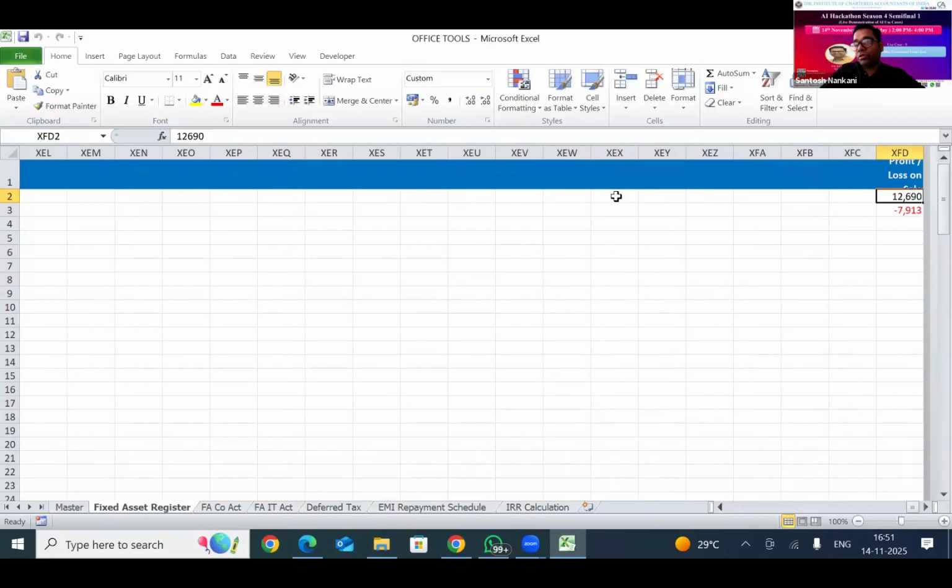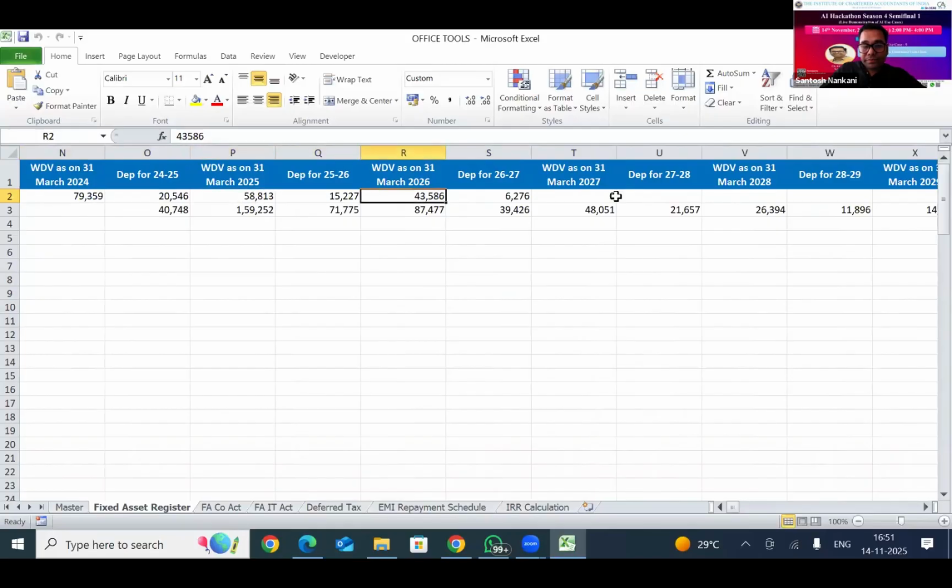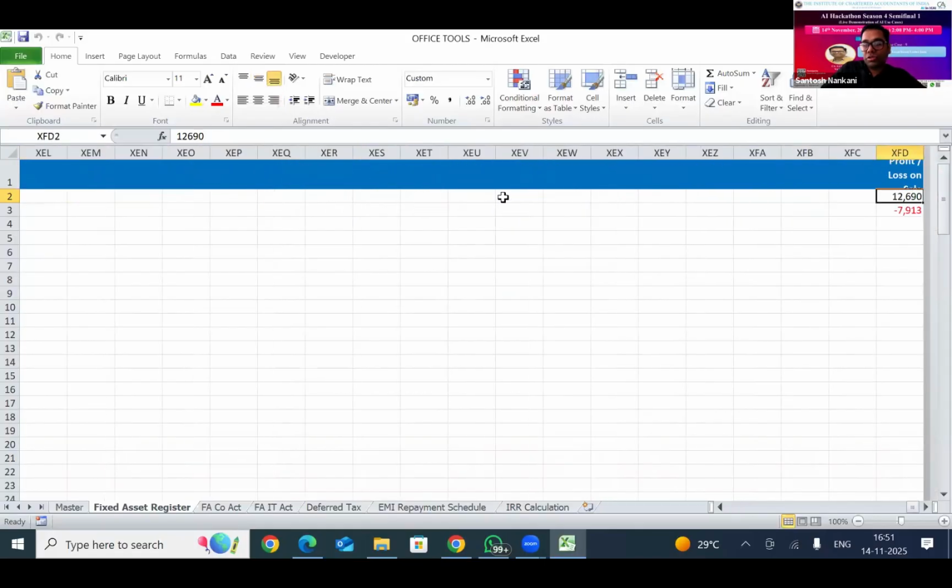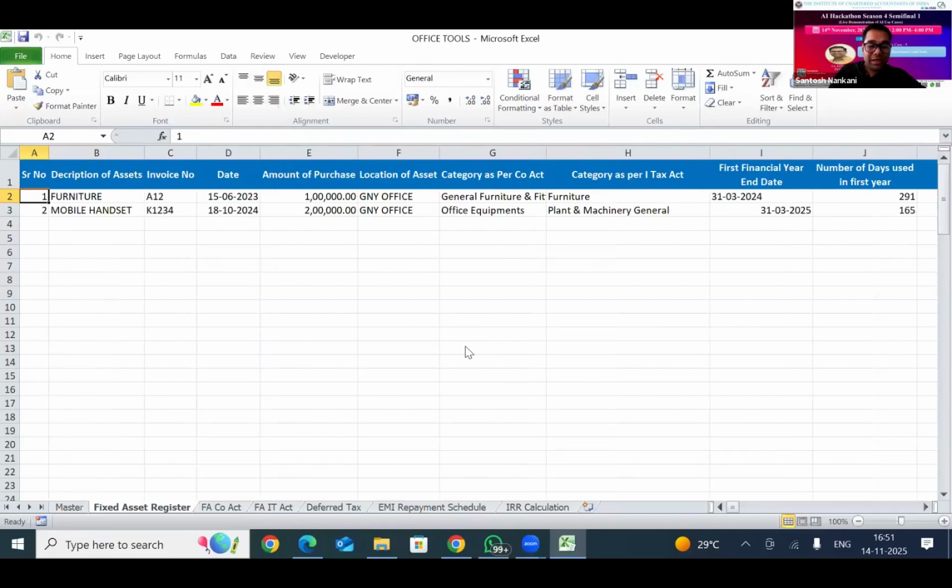At the end, you may also find the profit or loss on sale of asset. You can see WDV on 31st March 2026 was 43,000 minus 6,000 depreciation for the part of the year. It means 37,000. The asset has been sold for 50,000, so the difference of 12,690 has been shown as profit on sale. In income tax, because the asset has been sold and the block does not exist,